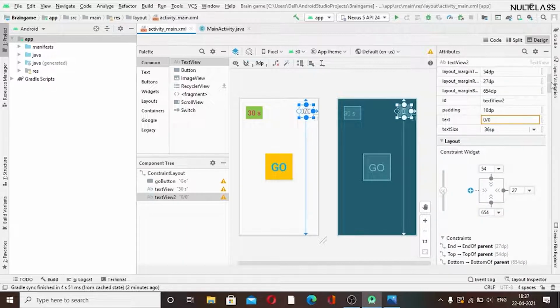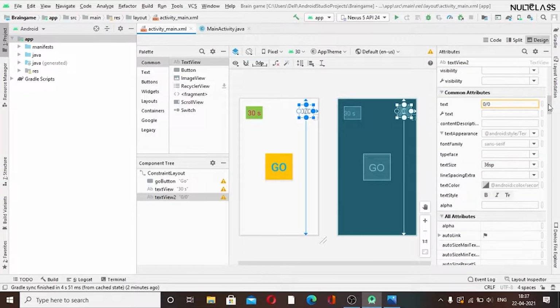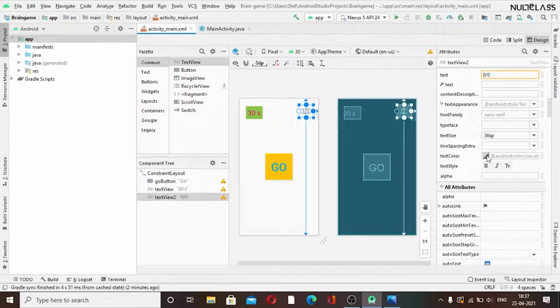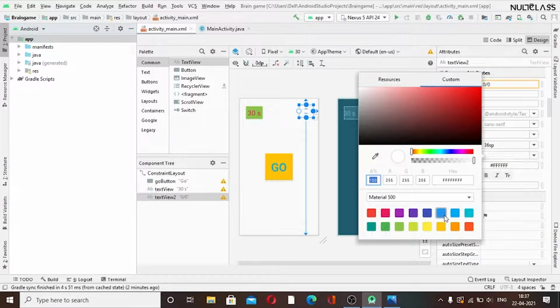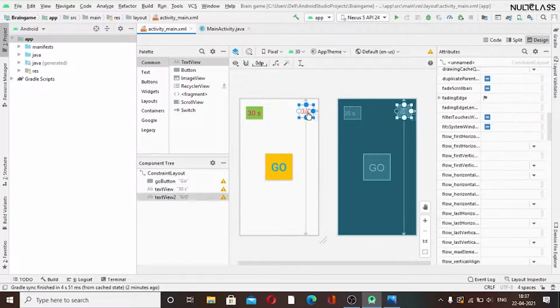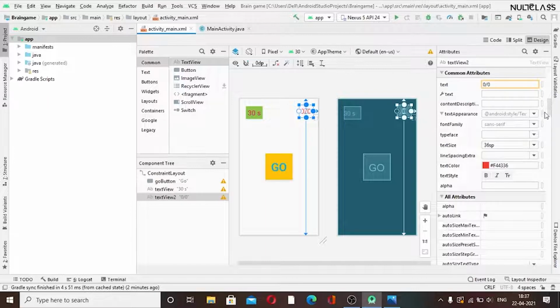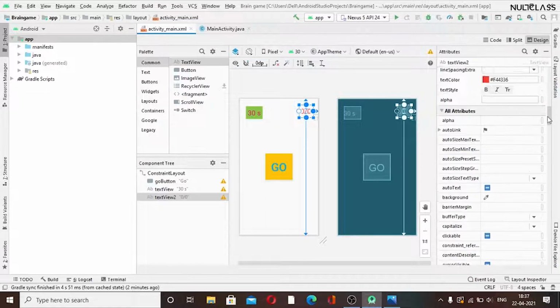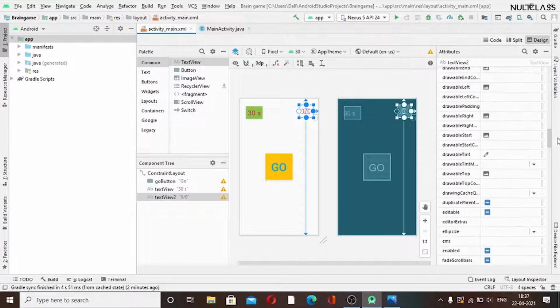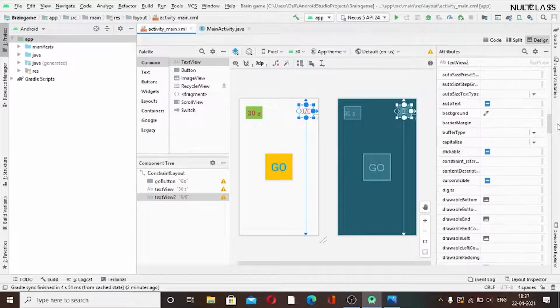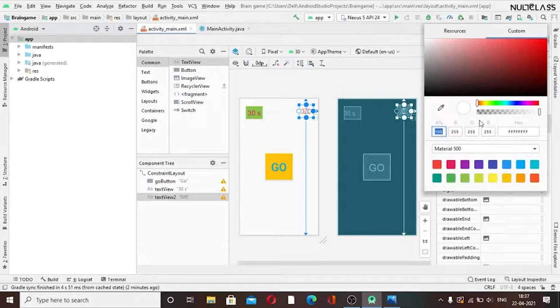Now we want to set its color also, so I will just go to the text color here and I will choose any of them. Like if I select this, and for the background I want it from here. I will just go to the background and I will select the background color.